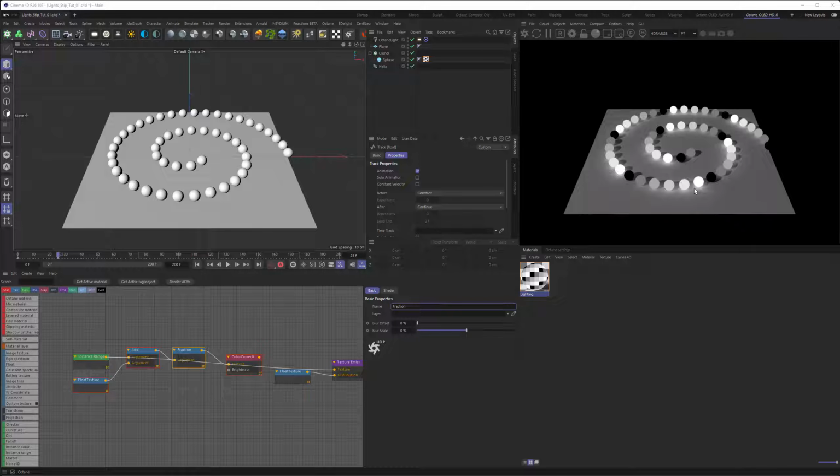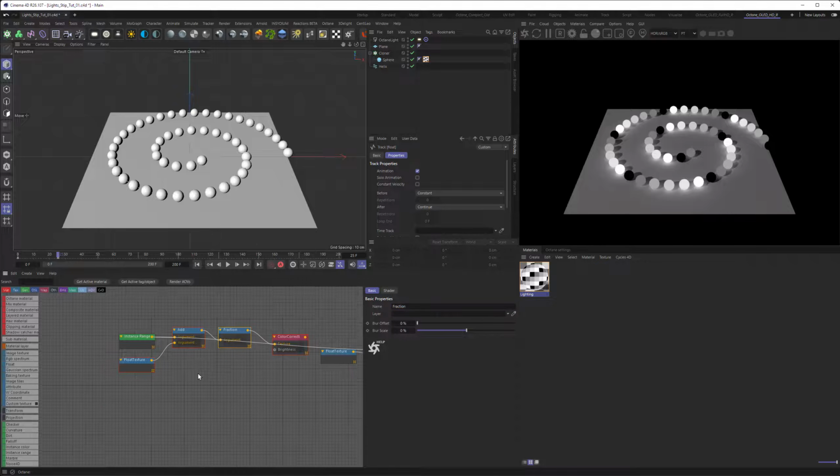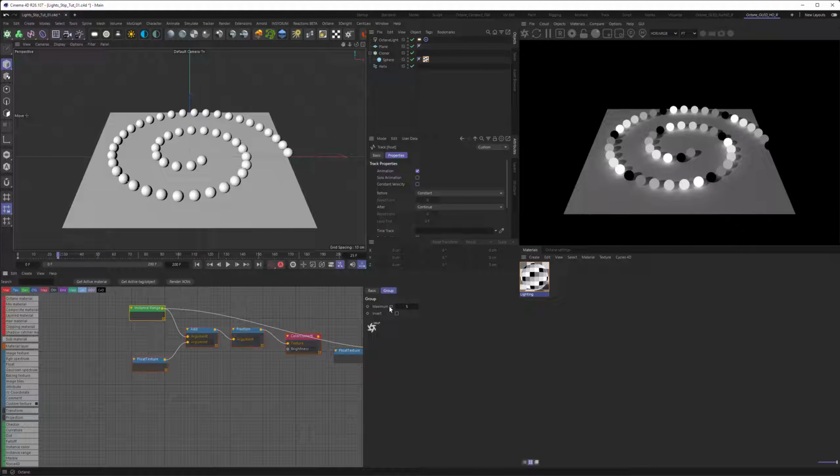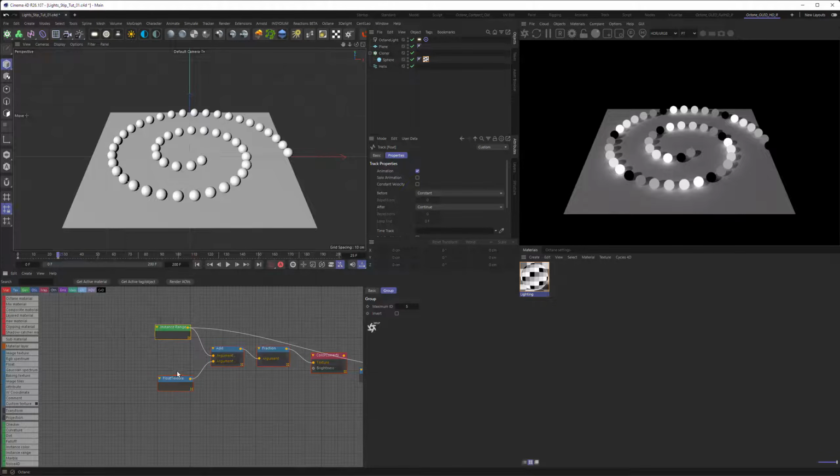So I need to know the number of the spheres here. So we will need a float value to be putting in the same value as this. Unfortunately, there's no way to get in any value here. So we could have made this easier if we could have done a float value and brought this in here to be the number.